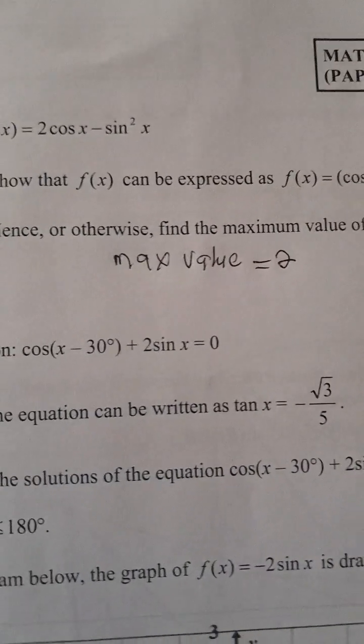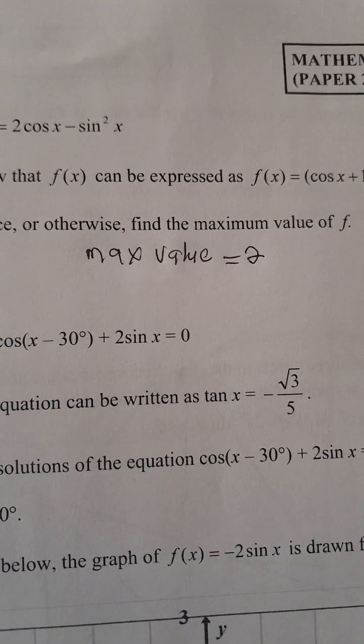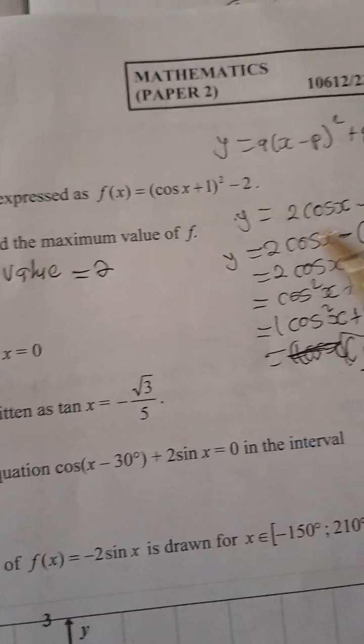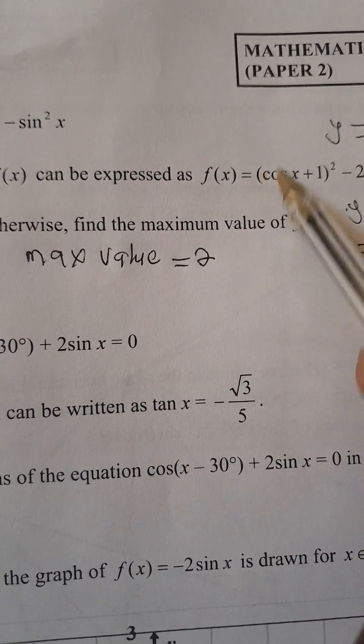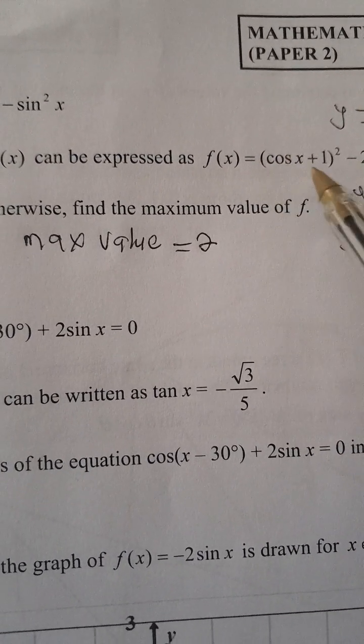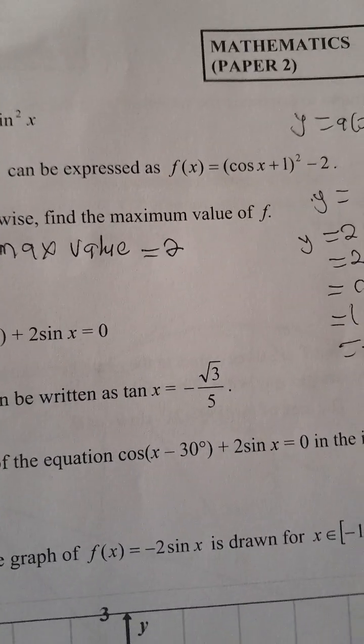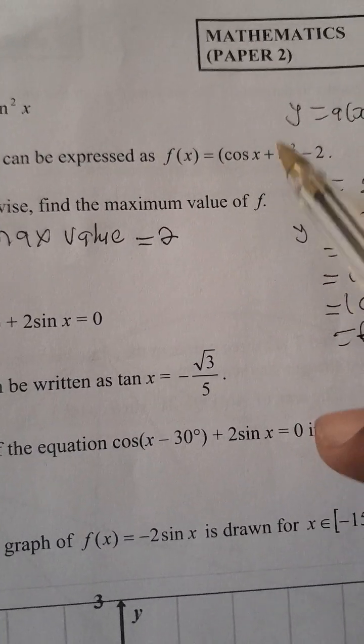So the maximum value here will be equal to 2 in this case, right? So we can do this graphically. When you do it graphically, you could see that the mother graph of course here will give you 1. I mean, you'll get your max is 1, then 1 plus 1 will be 2, squared will be 4. 4 minus 2,